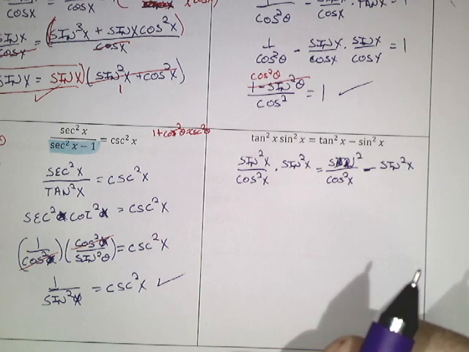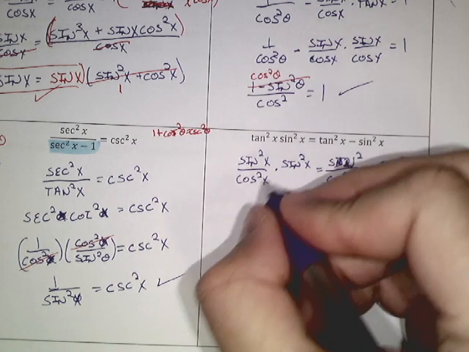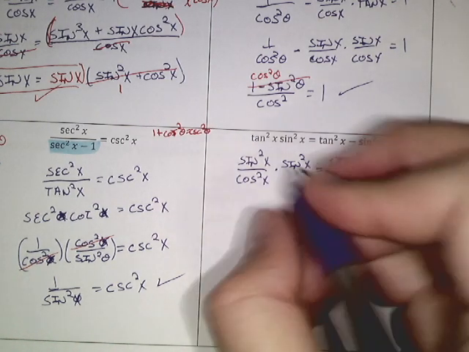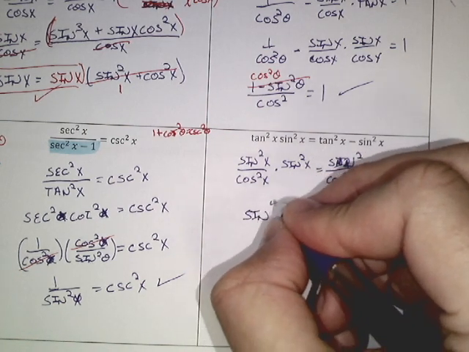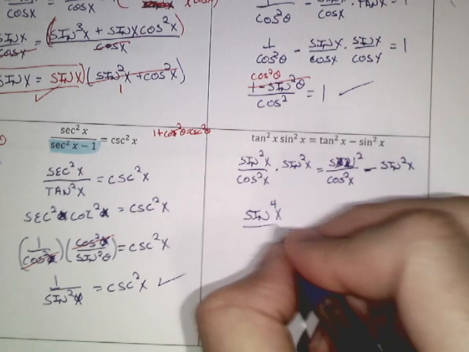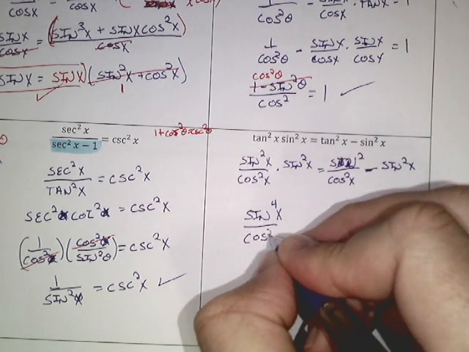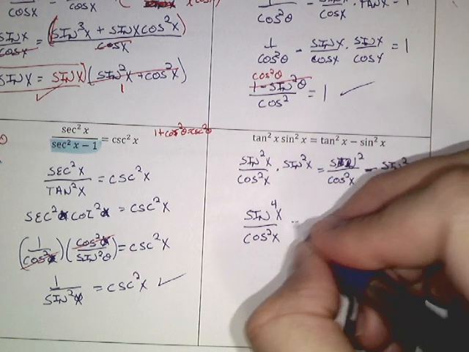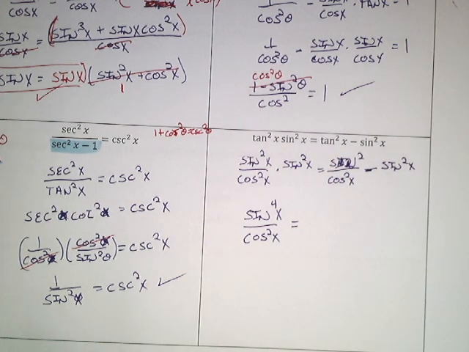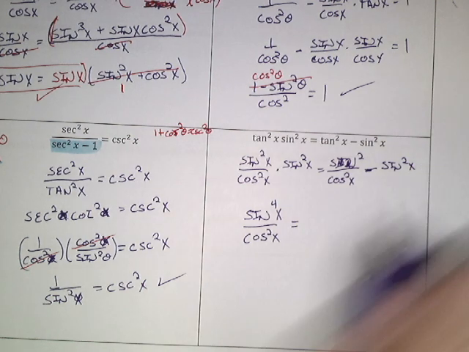Now what? Let's see. So this is going to be sine to the 4th power x over cosine squared x is equal to, if we get common denominators here,